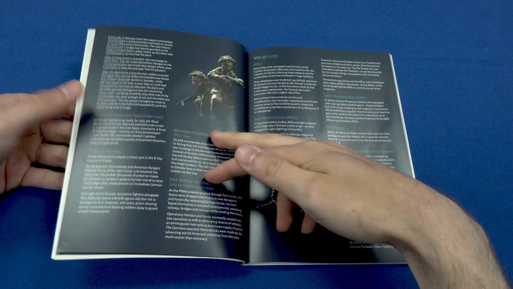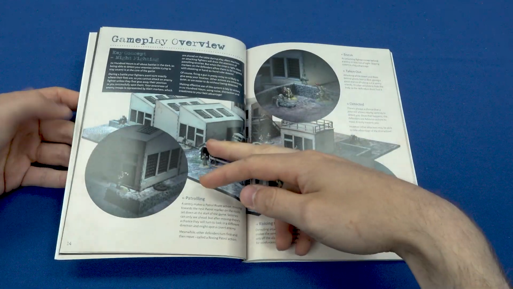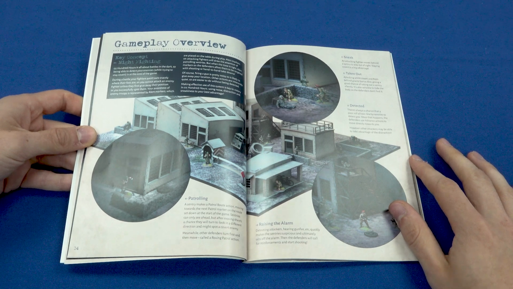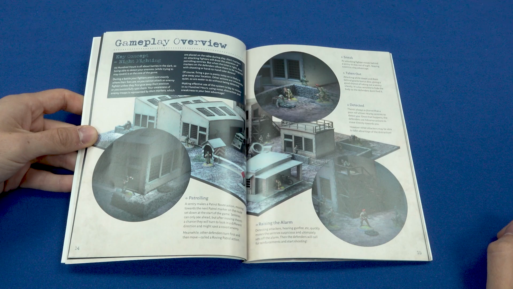You've got some notable missions, so that's stuff that can inspire you to set your own games up. Overview of gameplay, and this really gives you an idea of what the game's about. It's not your typical pitched battle. It's very much built around stealthy night fighting,